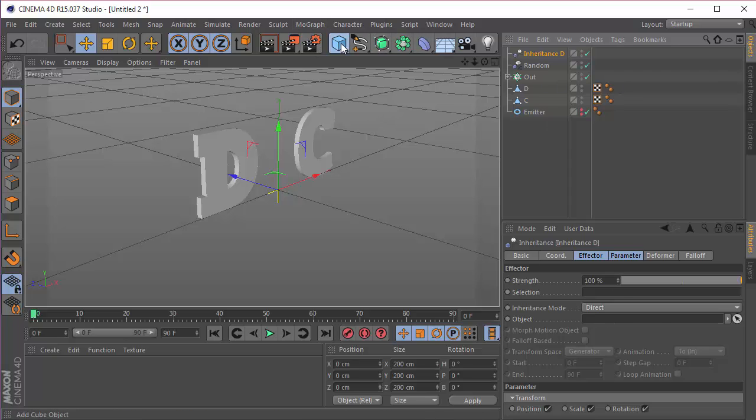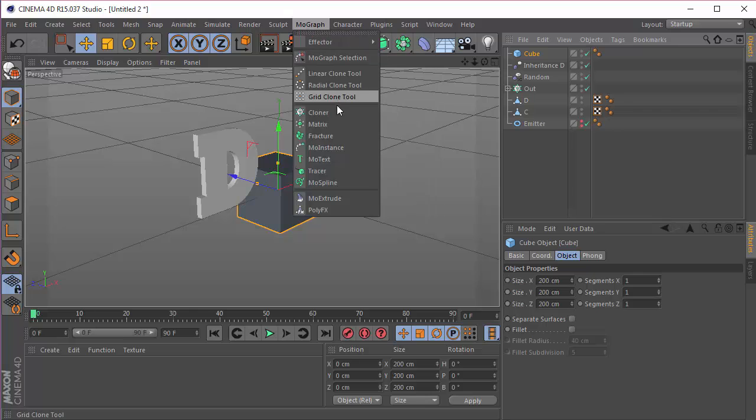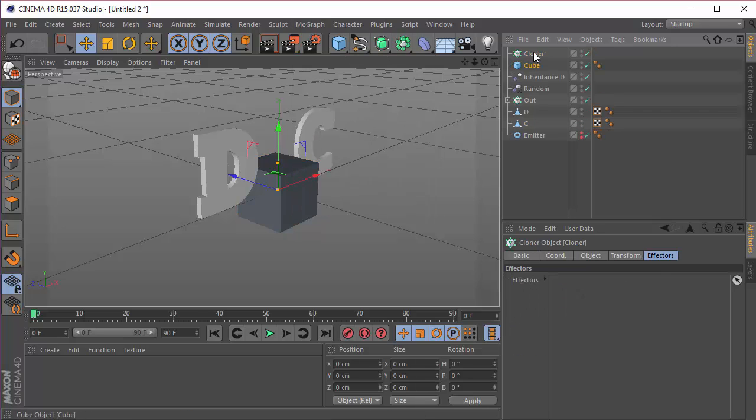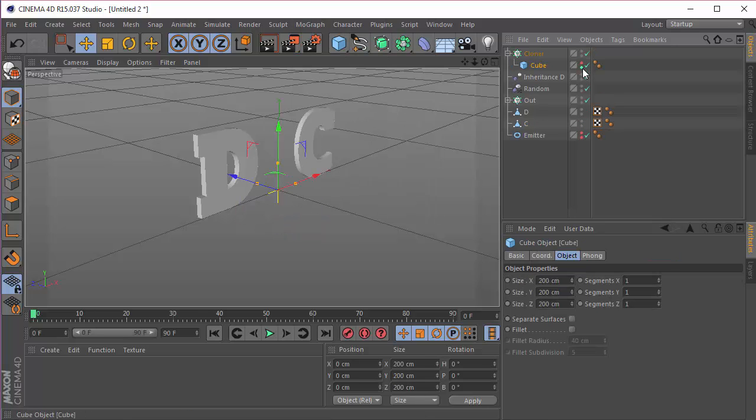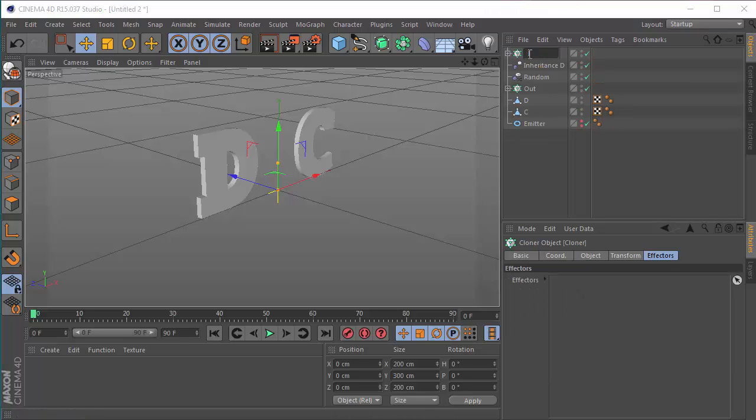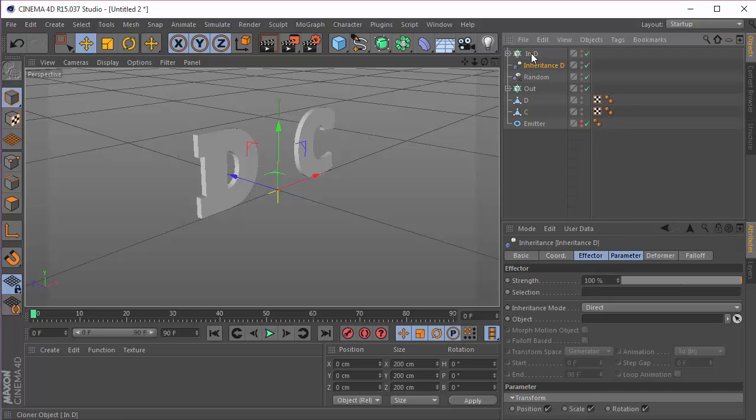So the object is I'm going to make a cube, and I'm going to make a Morph effector cloner, drop the cube inside the cloner and uncheck this and hide it. And I'm going to name this in D, and in the inheritance effector I'm going to drop in this one,